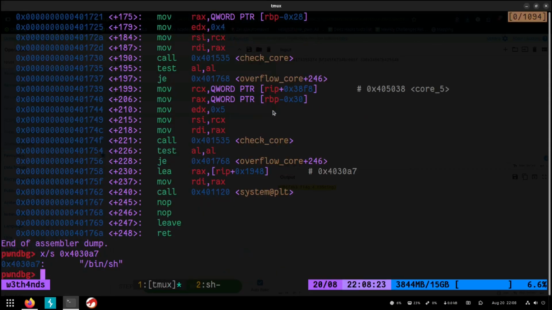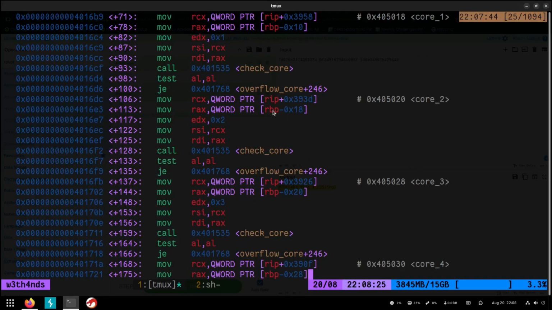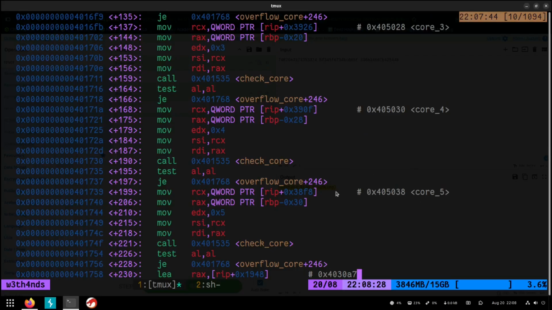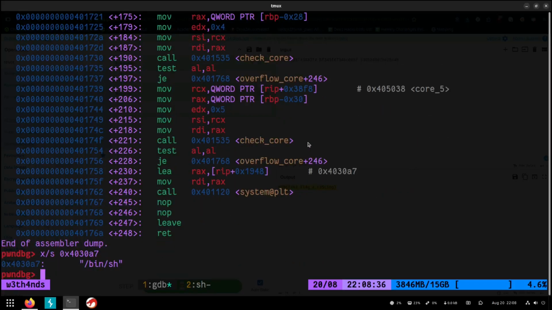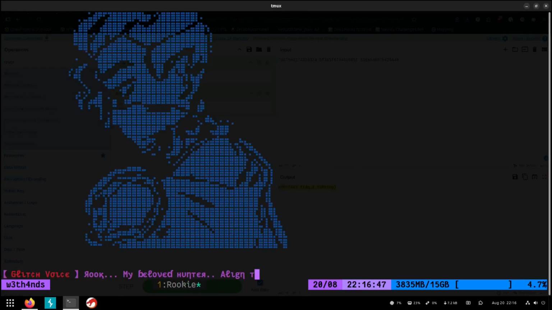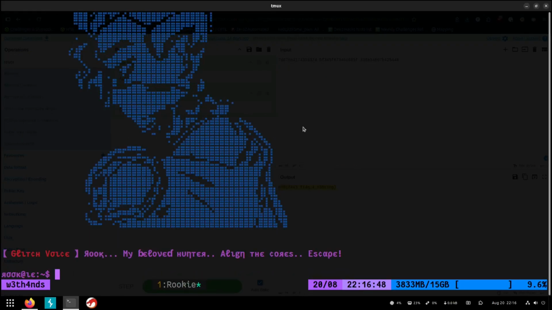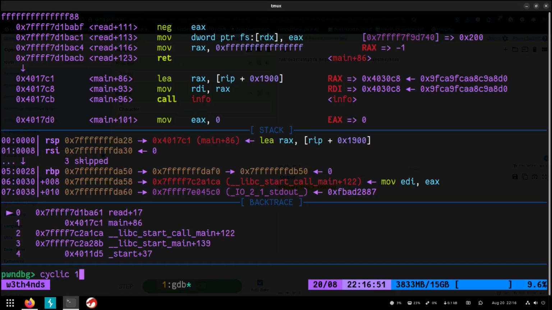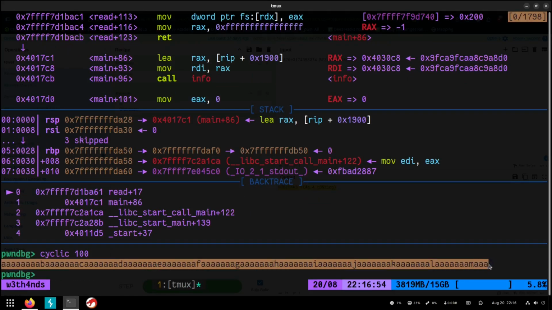Check core, so it will check some of the registers if they are correct, and you see that it has 5 cores, and believe me, you're not gonna be able to abuse that. You have no control of these registers, so you simply have to go here and just load bin_sh and simply call system. So we run the program again and stop, cyclic 100, and we take this